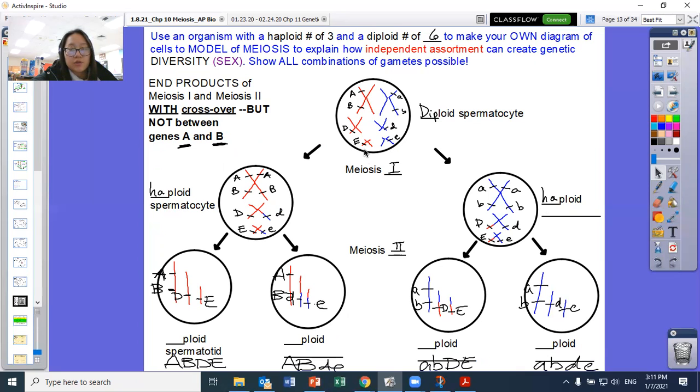We just added different genes here to make it a little bit more complicated. But it's fine because it's pretty much doing the same thing, because we're only going to be manipulating genes D and E here. Okay, so we start with our diploid cell, and on our first big chromosome, we actually have 2 genes on there. We have A on the top arms, and we have B on the bottom legs. And then in the medium chromosome, we have D on the legs, and on the smallest chromosome, we have E